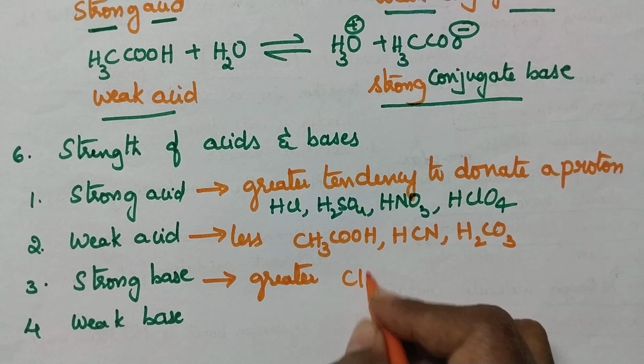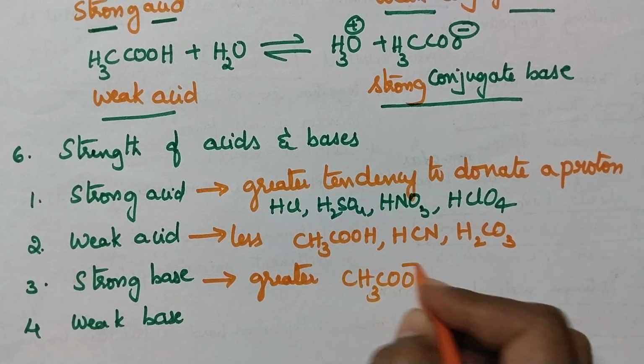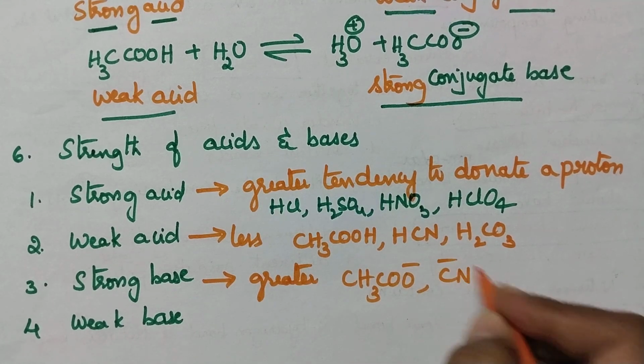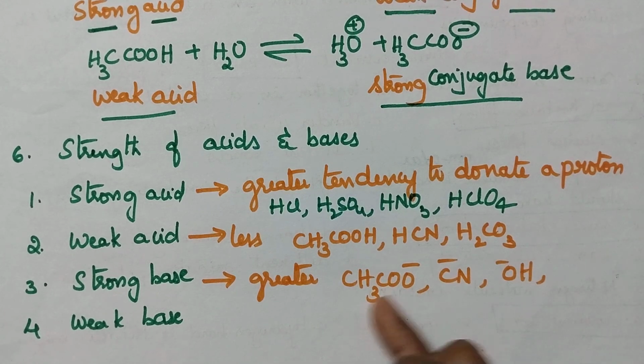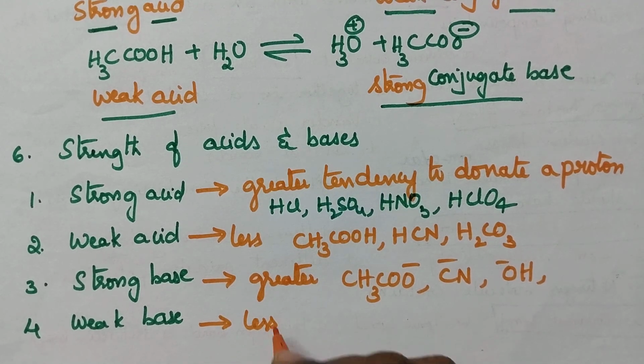So CH3COO minus, CN minus, OH minus, all these are strong bases. Coming to the weak base, a base which has less tendency to accept a proton is called a weak base. And the good examples are